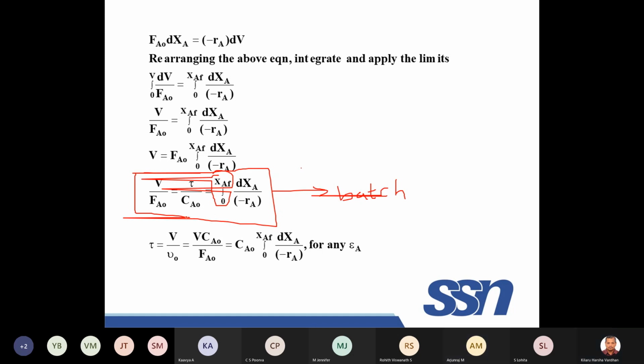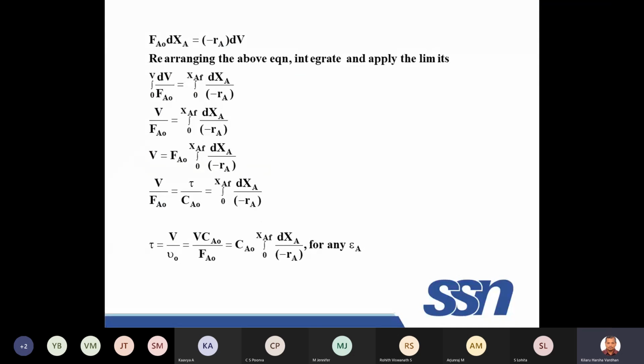How many people are satisfied with this answer? Is it okay? You understood? The answer is correct. I don't want to give the detailed answer yet. I'll hold for some more time. So the answer is correct, but